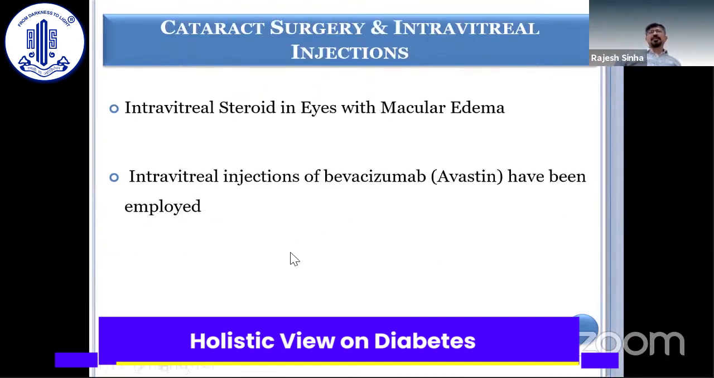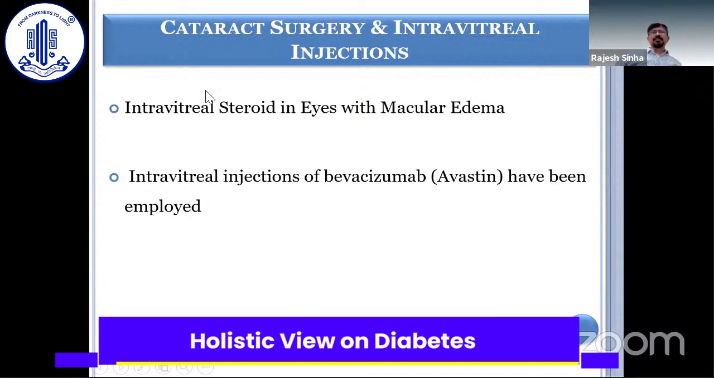Intravitreal steroid has been combined. People do combine intravitreal injections. Sometimes if there's a macular edema and the patient has to undergo cataract surgery for further evaluation and more management, then in that case, intravitreal steroid has been used to reduce the macular edema. There are some depot preparations available which can be used with cataract surgery and that can reduce the macular edema in